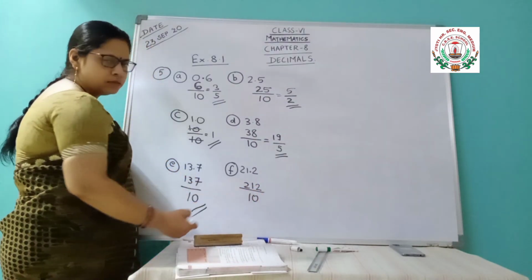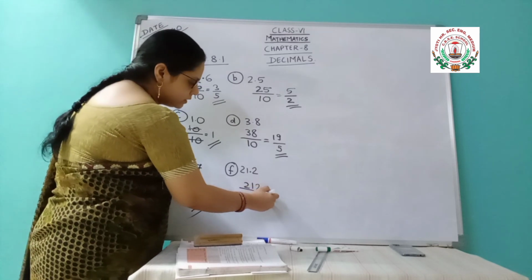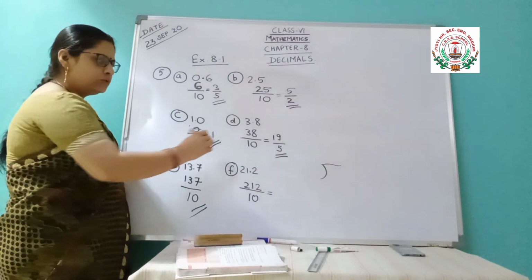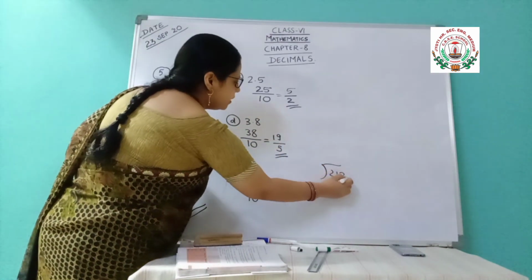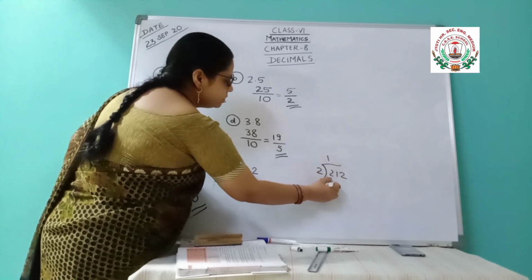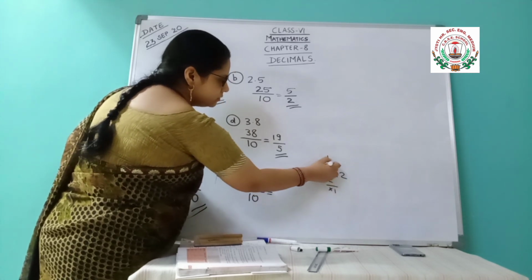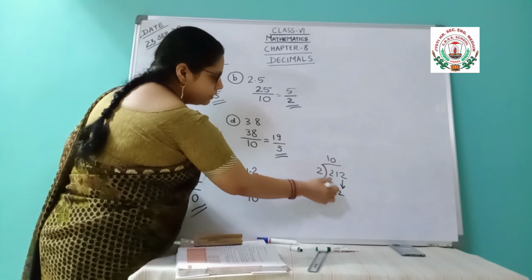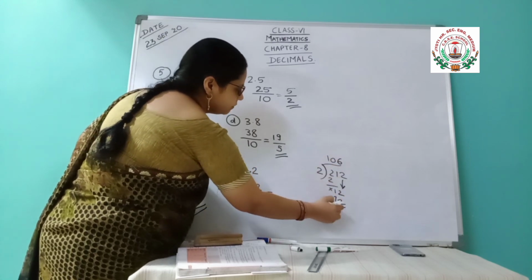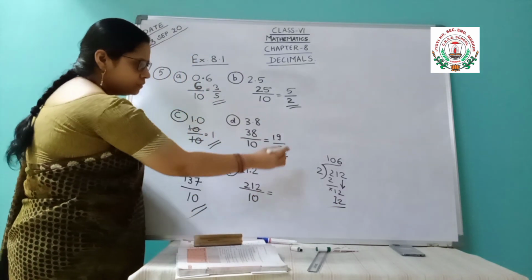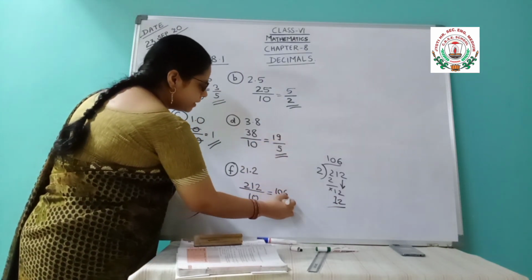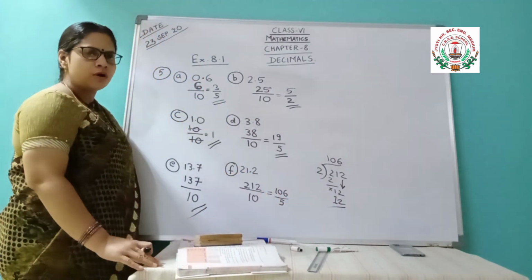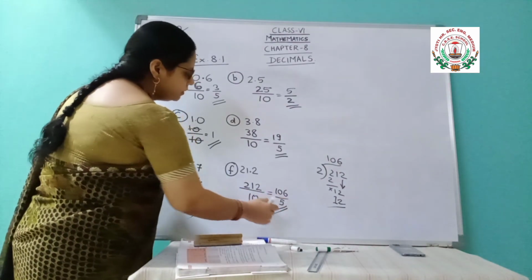Here the last digit is 0, means table of 2, you can cancel. So start with the first digit. Or if you are not getting it directly, you just do this in rough. 212 divided by 2. 2 ones are 2. Taking down 1, then 0. If you are putting 1 0, then you can take down the second digit also. Now it is 12. 2 sixes are 12. So 106. 106 by 2 fives are 10. Now 5 is a prime number, but this 106 is not coming in the table of 5. So you will leave it here, this is your answer.